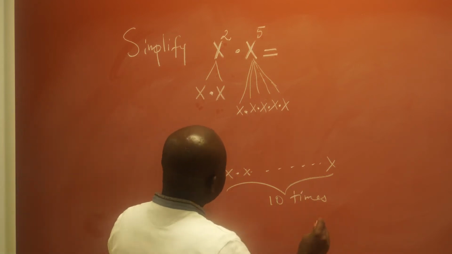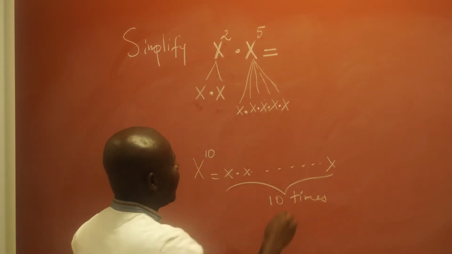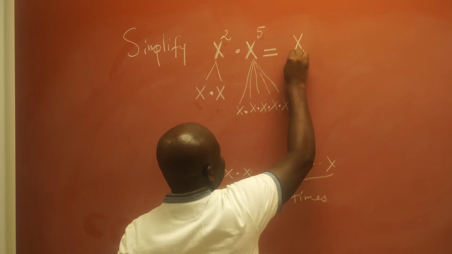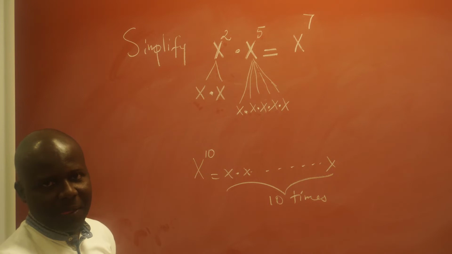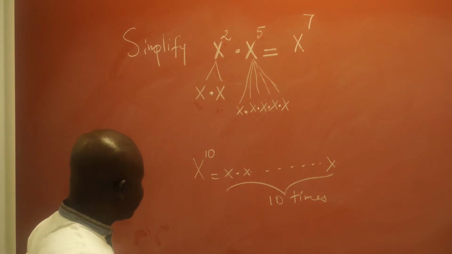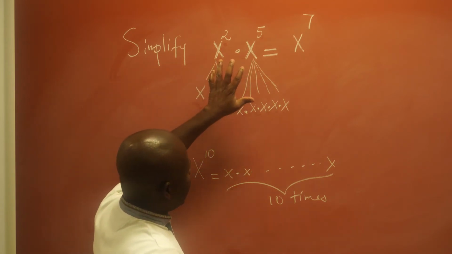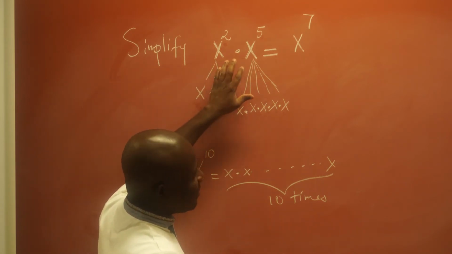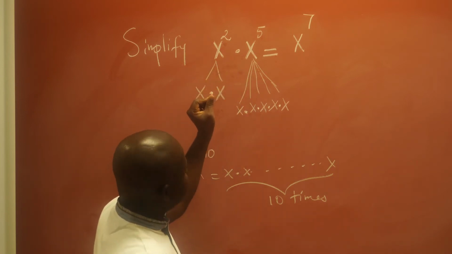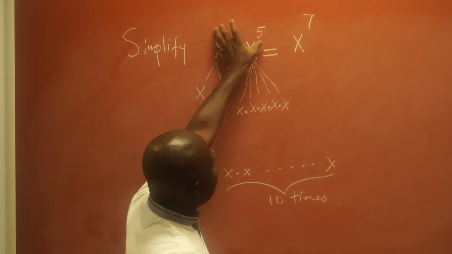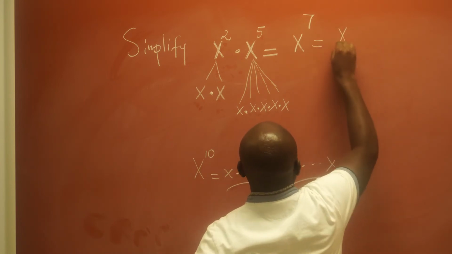So the answer here is to count how many x we have, because it's 7. So the answer will be x to the 7th power. But as a general rule, every time you have expressions with that same base multiplied together, you just add the powers. In other words, having x